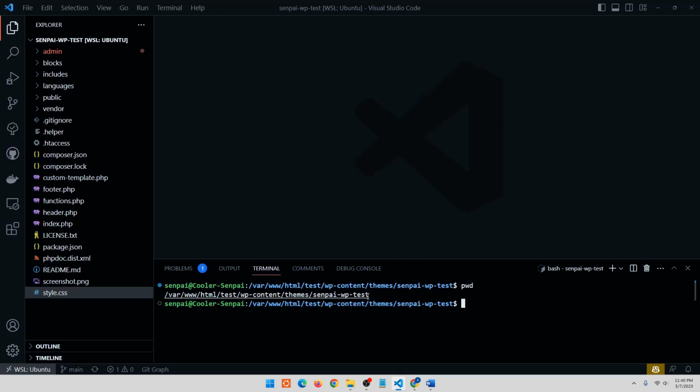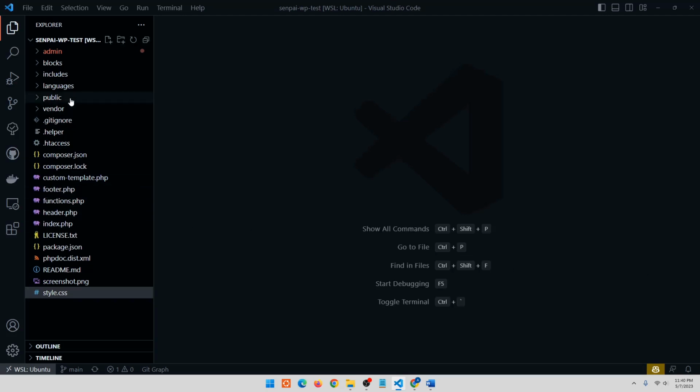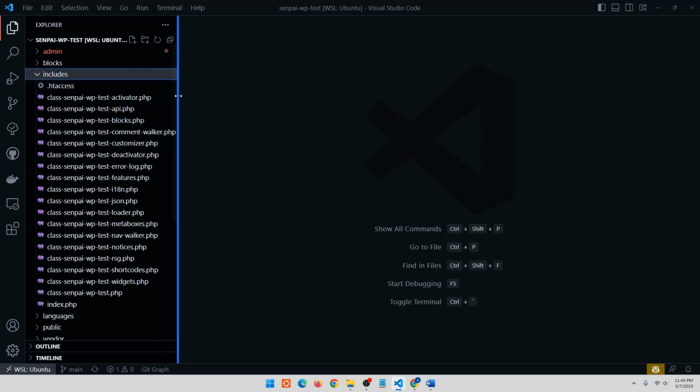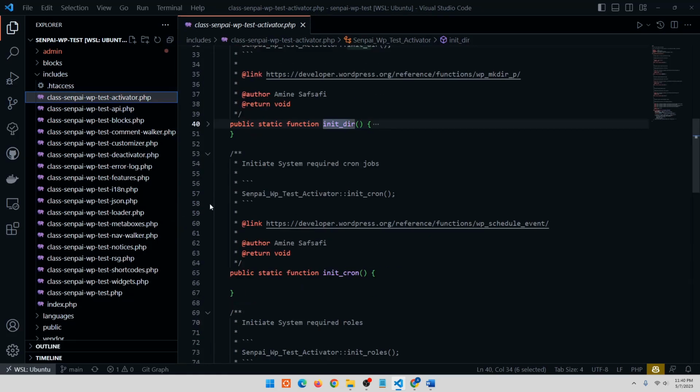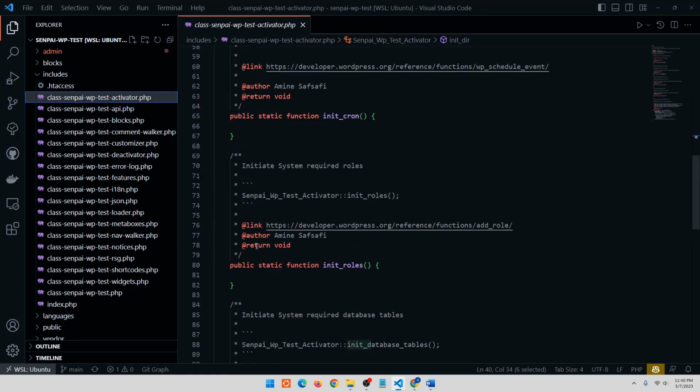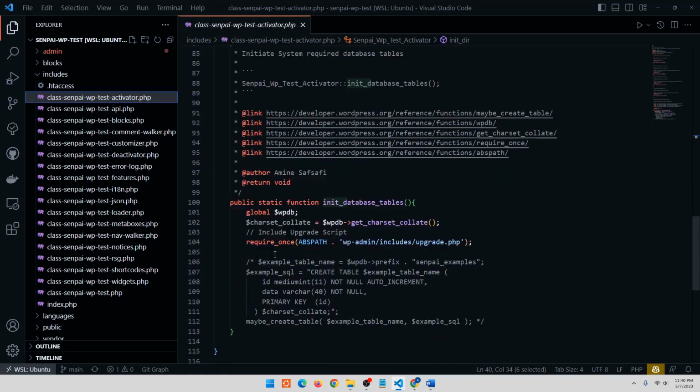Okay, we are within the test theme directory. Next, we go within the includes activation class, and we have a dedicated method for generating the new WordPress database table. First of all, if we're going to explain, we need to have access to the